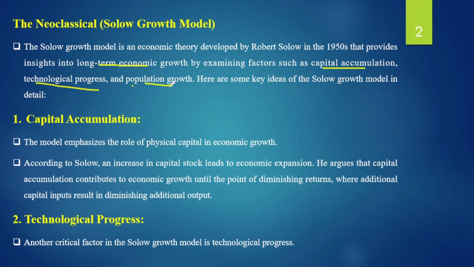so በዝርዝር እናያለን ማለት ነው the first one is capital accumulation የካፒታል accumulation ምን ያህል ፋክተር አለ የሚለውን ስናይ so the model just emphasizes the role of physical capital in economic growth right so የፊዚካል ካፒታል እነዚህ ፊዚካል ካፒታል ማለት ለምሳሌ ኢንዱስትሪዎች ሊሆኑ ይችላሉ የተለያየ ፋብሪካዎች እንደዚህ ፊዚካል የሆኑ ካፒታሎች ምን ያህል ኢኮኖሚክ ግሮዝ ላይ impact እንዳላቸው ነው የሚያሳየው so according to Solow an increase in just capital stock